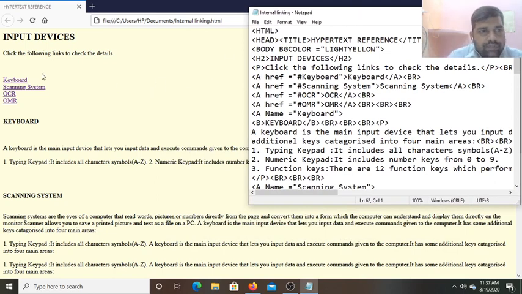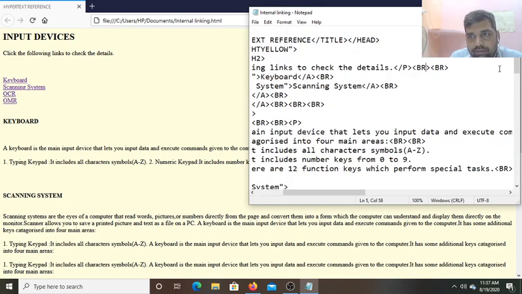Now you can see this input devices. This is the heading which I have written with the H2, input devices, that you can see here. Now this paragraph which I have written, click the following link to check the details, and 3 line spaces are there due to the 3 times I have used the BR tag here. You can see the BR tag 3 times, 2 times I have written here.